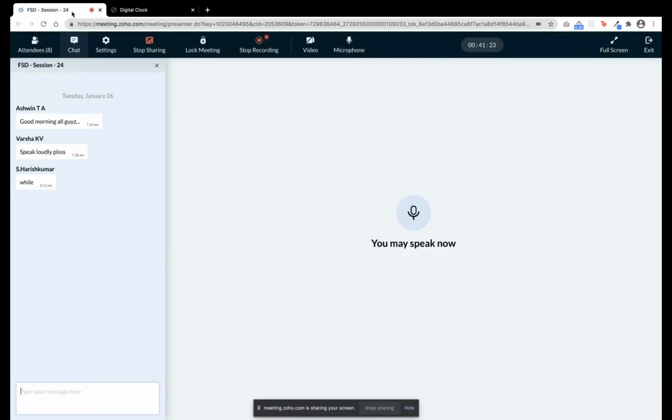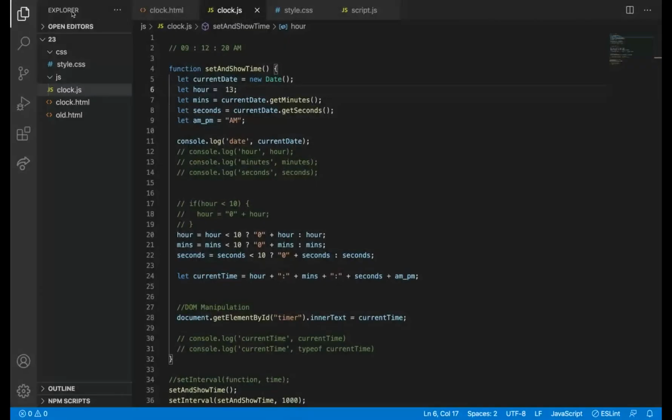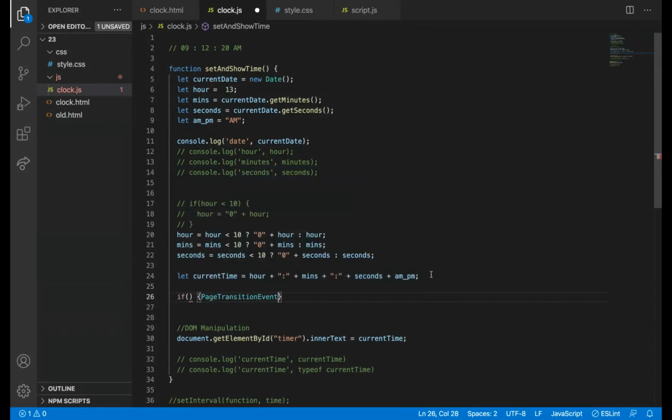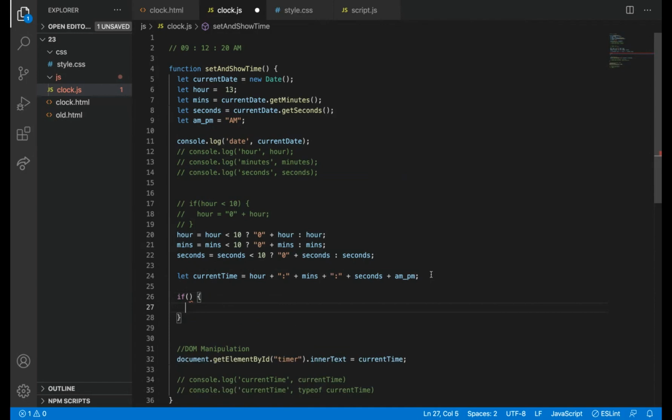Why are we going for while here? We need to go for while when we want to perform some operations repeatedly. But here what we are going to do is add some if condition. I just want this condition.